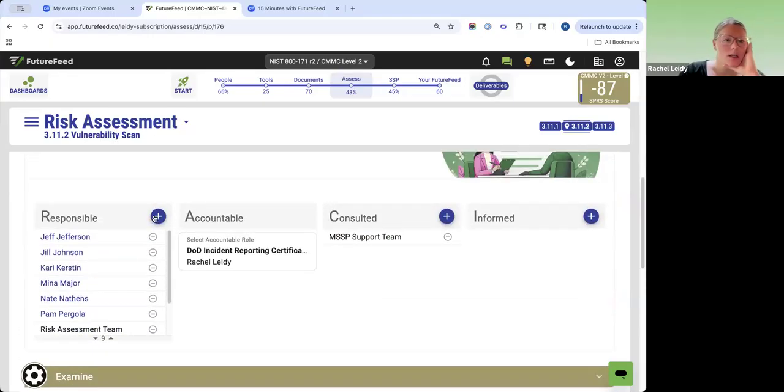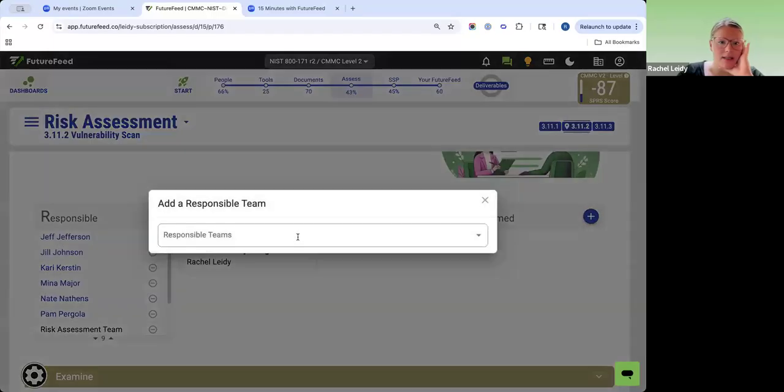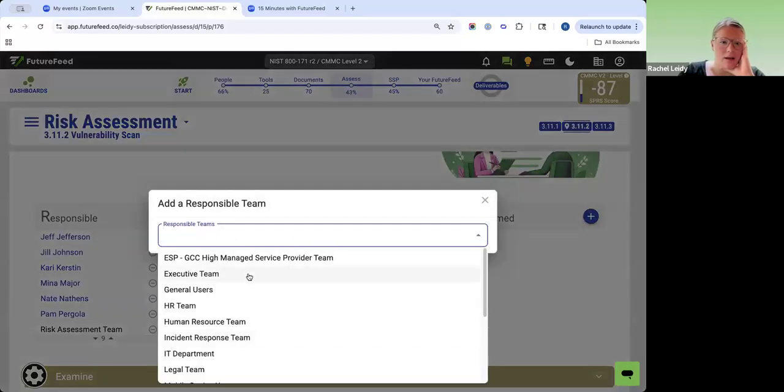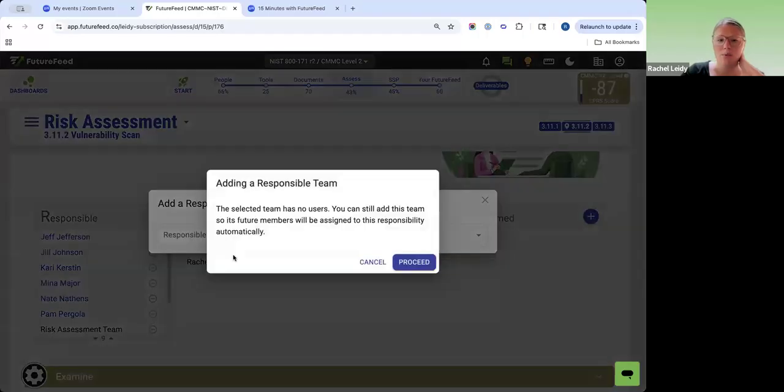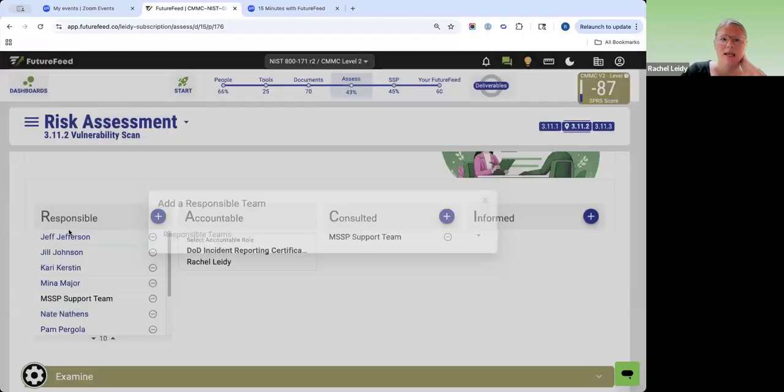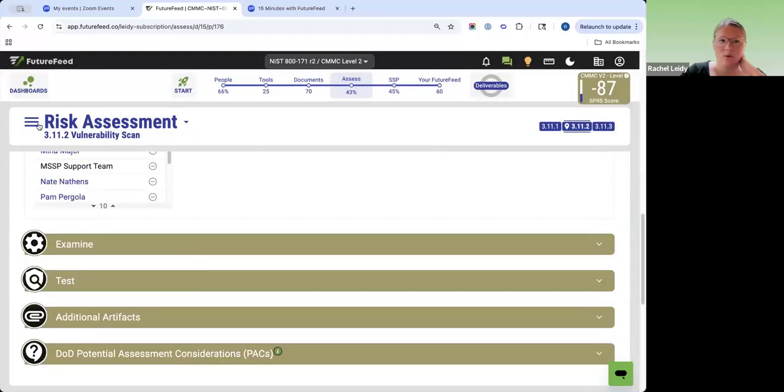And so you could go in here and identify your MSSP team. Maybe you have an MSSP support team, or an incident response team, or maybe an MSSP vulnerability scanning team, right? You could go in here and pre-fill out the teams